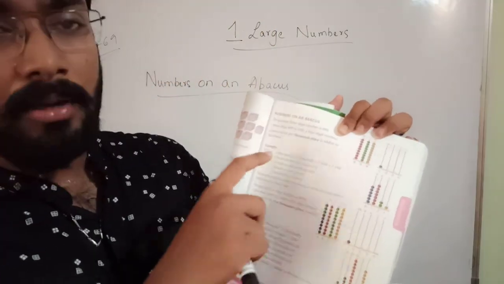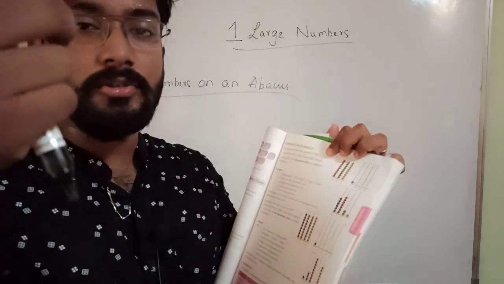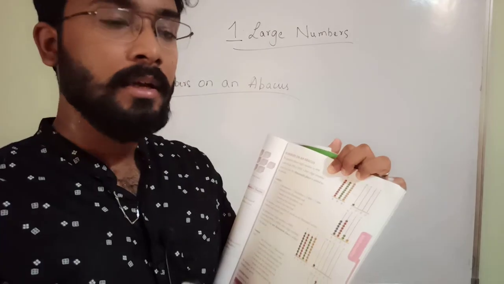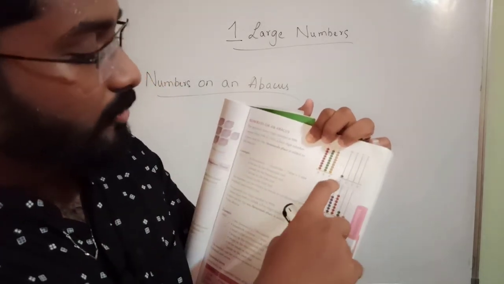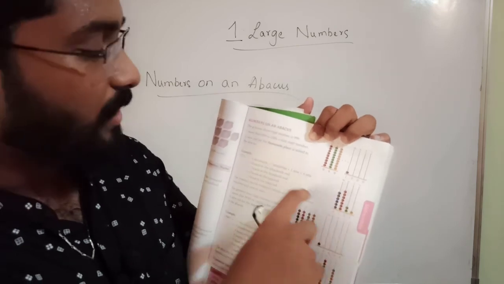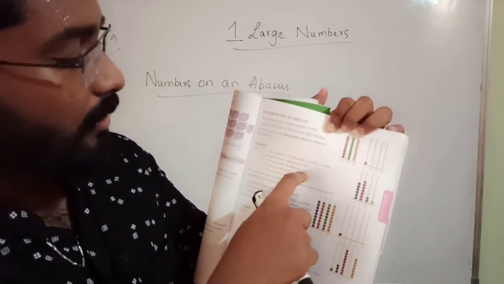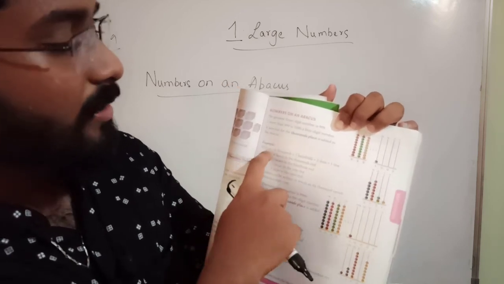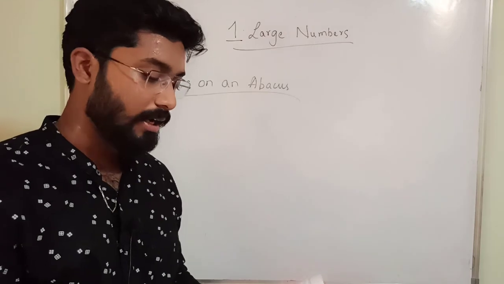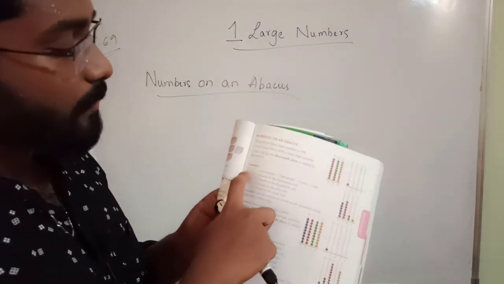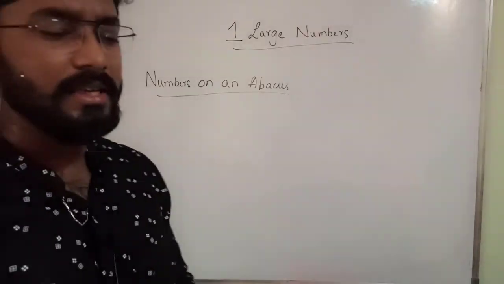See one number and see what its value is, how many beads should be inserted in which place. Here 6721 is there, no? In the thousands place how many beads? 6 beads. In the hundreds place how many beads? 7 beads. In the tens place 2 beads. In the ones place 1 bead, like that. If you are able to understand that, once expand this one, 6721, and you can easily understand that.